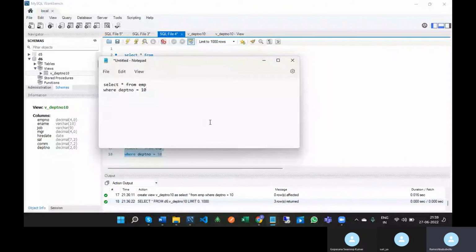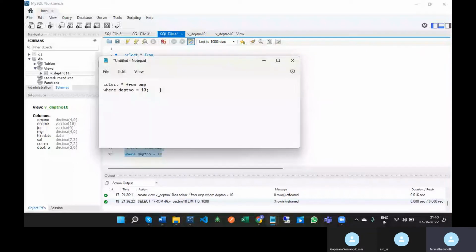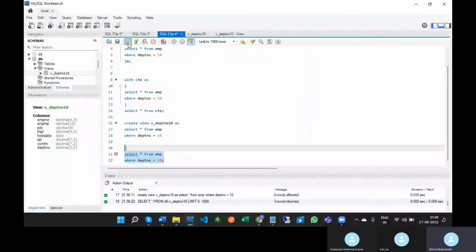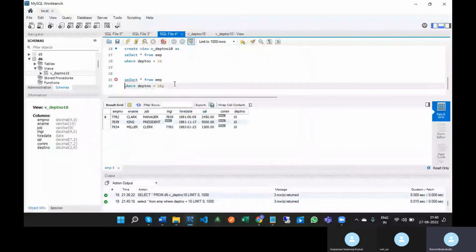I'm trying to execute this logic every day. So what will happen? I will save this entire query somewhere in my system, and then every day I copy and paste it in MySQL and execute this logic. Instead of doing this, if you create the view,